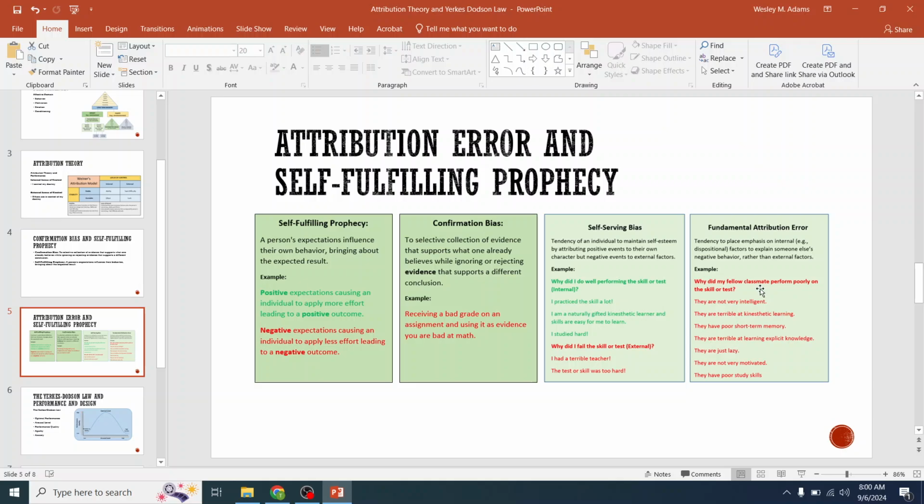Sometimes it's just a difficult person, and it's way easier when they're hard to deal with to go internal on them. But I try to stop myself and say, okay, what external factors could be going on? I'm not going to try to make excuses for them, but are there any external factors that I could help out with or control? And if I can, we eliminate those and at least give them a better chance. So that's how you avoid fundamental attribution error.